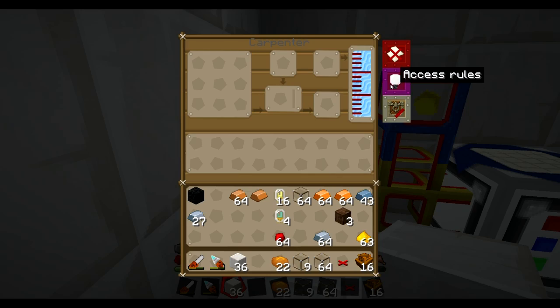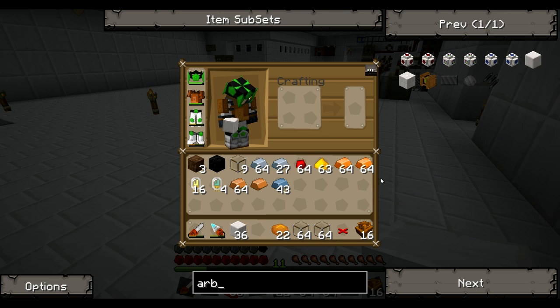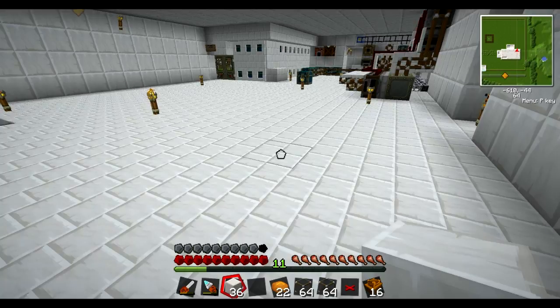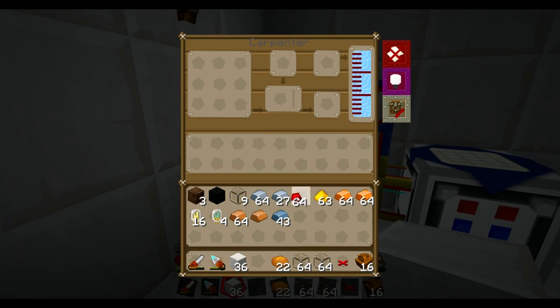So no recipe, access rules, owner can. Okay, so that looks right. So let's go back to the... there it is. I kind of spelt it right. So we're gonna have the small circuit board again. So yeah, that's no problem. We've already done that. We already have all that material. Let's go over here. So this one...